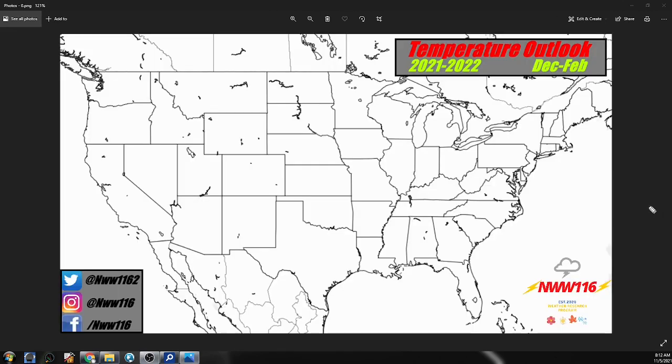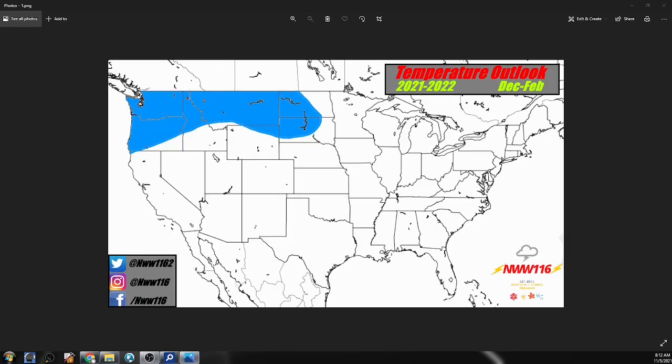All right, so we're taking a look at the temperature outlook across the country in terms of what we can expect this winter. We're going to start with the below average temperatures across the nation. We are expecting below average temperatures across much of the Northwest, moving into bits of the western, northern Great Plains. With that typical La Nina pattern we saw, we are expecting cooler temperatures inside of this zone. So, we actually have another shade of blue.